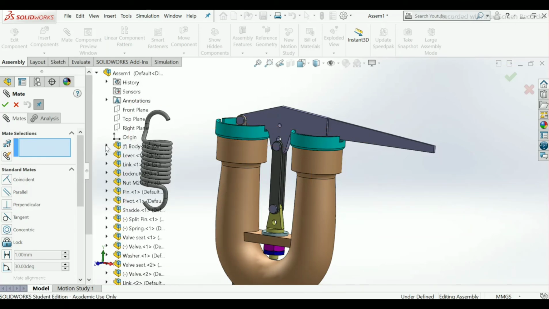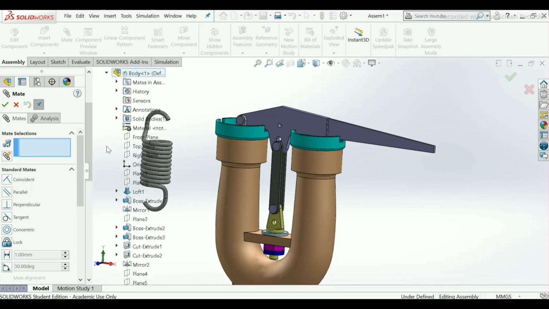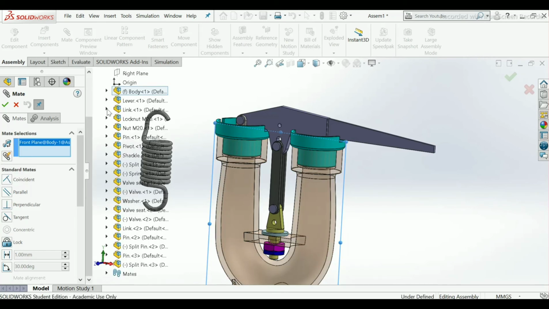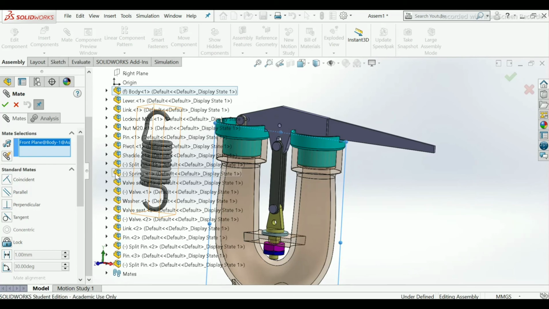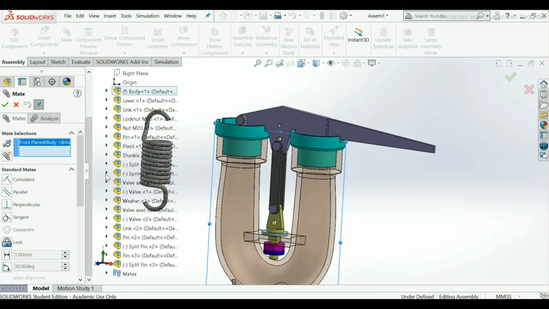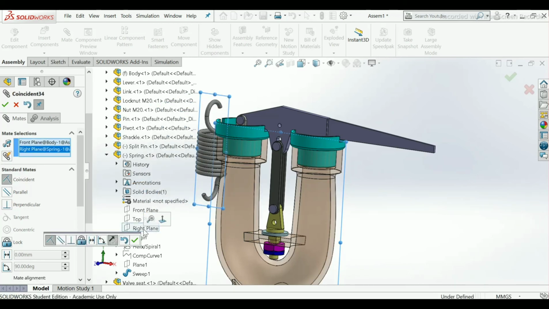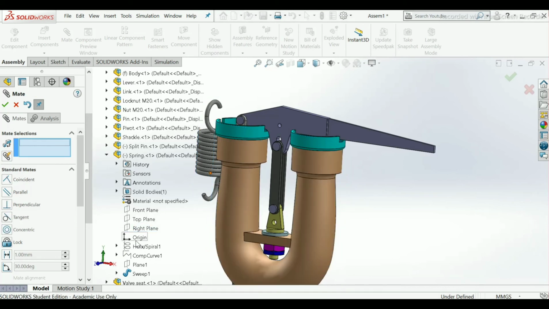Now here go to body, select the front plane of the body. Here go to spring, scroll down in spring, go to right plane, make it relation coincident, add, finish.